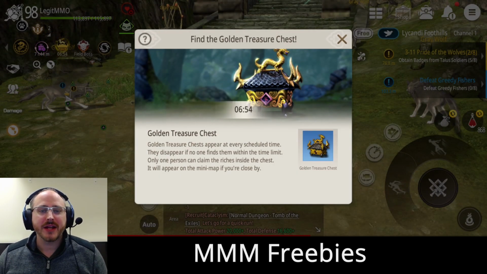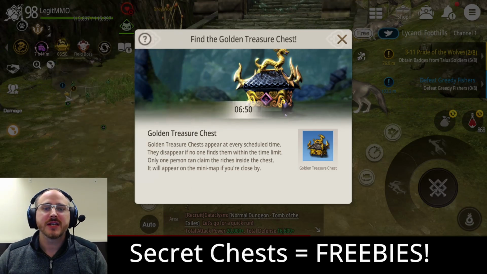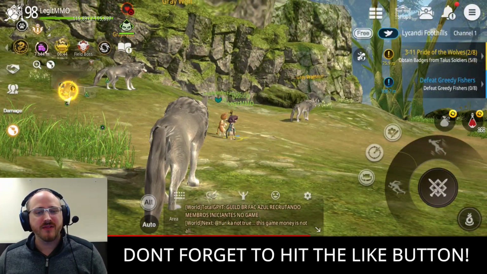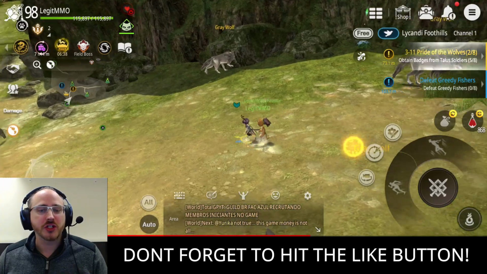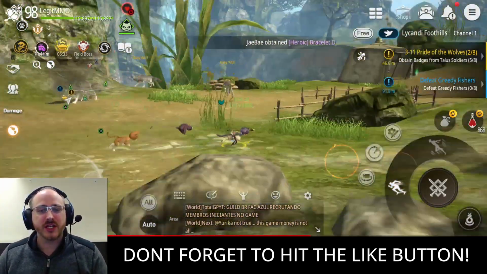Today we're going to talk about secrets: secret chests, hidden paths within dungeons, secret chests within dungeons, secret bosses. We're going to talk about all that, and I'm going to go through each one of them. Now, every single dungeon inside of Blade and Soul Revolution that I have unlocked has a secret path or chest, and I'm going to show you guys how to find these and the paths for each of these,